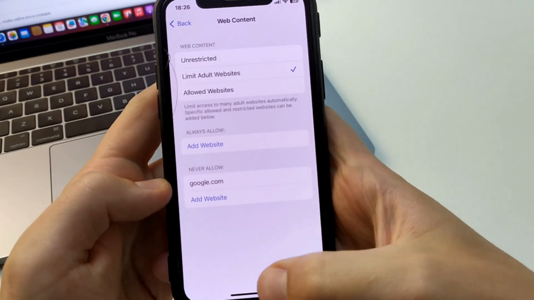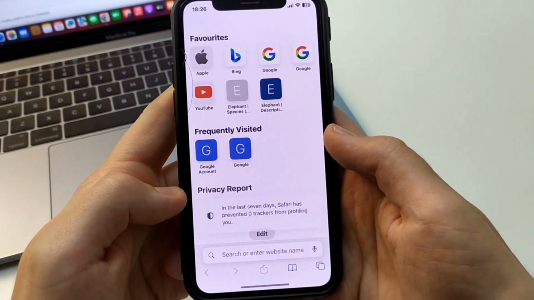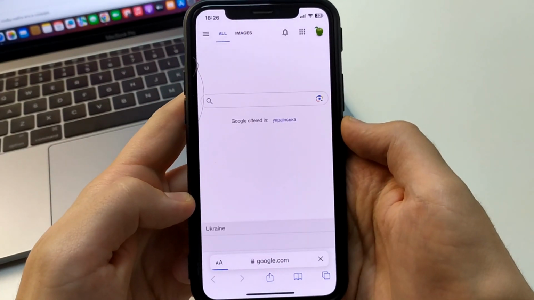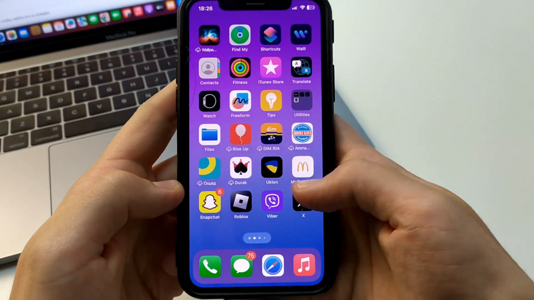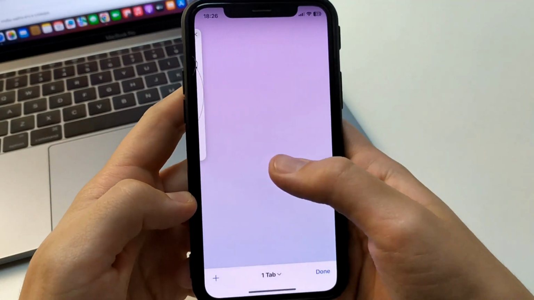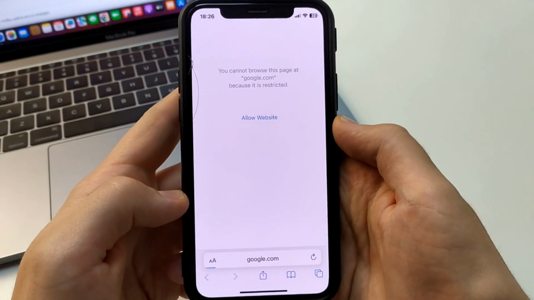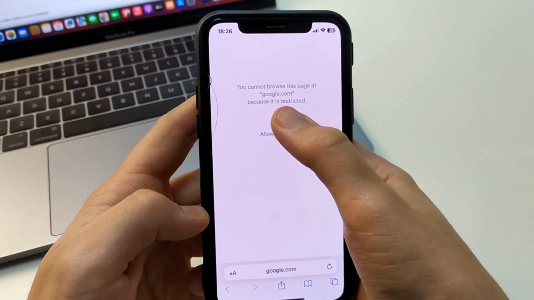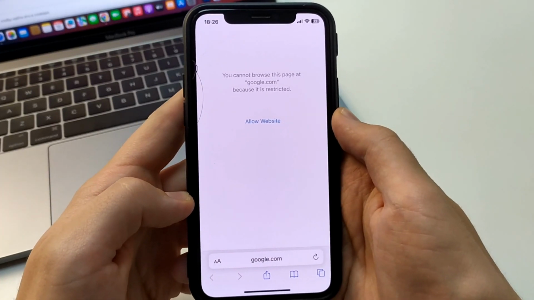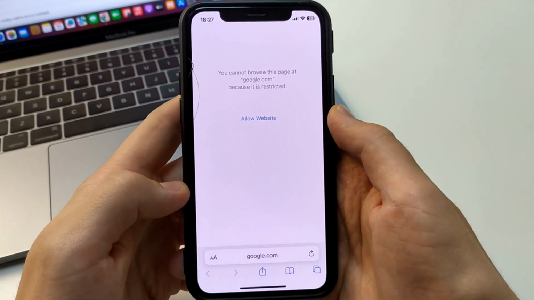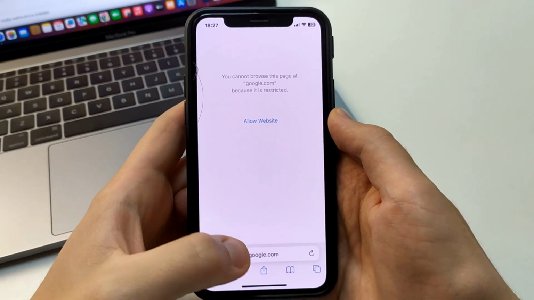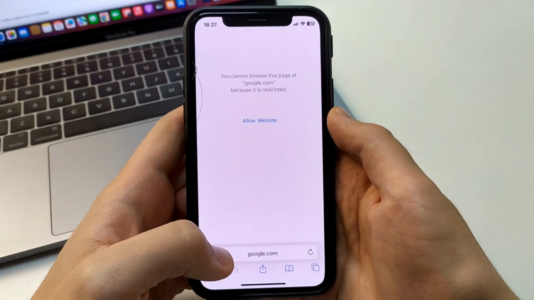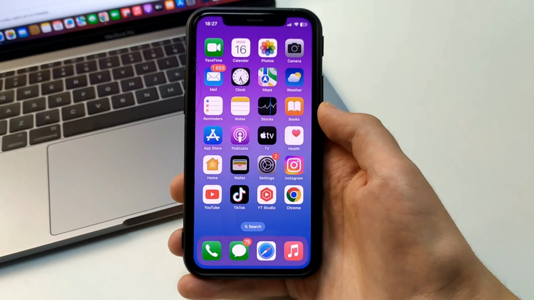Now, when we go into Safari, we open Google, and look, it comes out. Go back in, turn it off, click Google. Then please see it says that this browser has a restriction and it is blocked. That is, after that, we will not be able to access these sites. You can block and restrict access on your iPhone in this way.